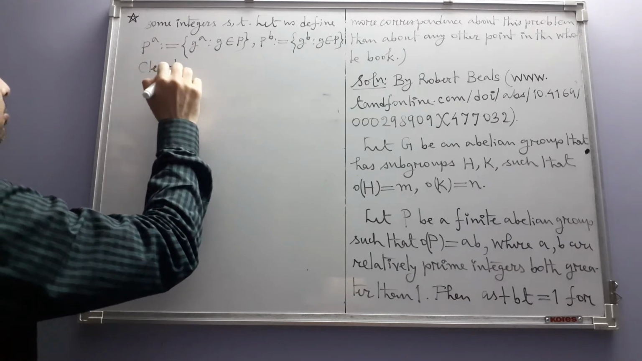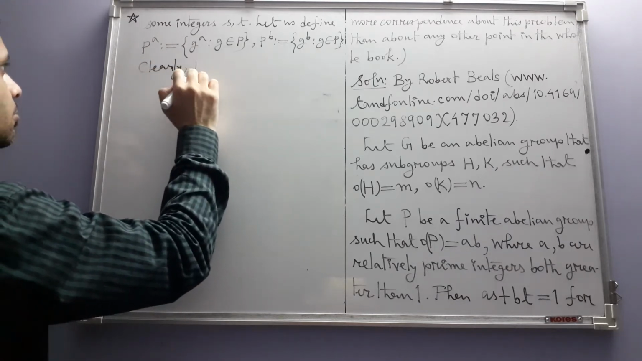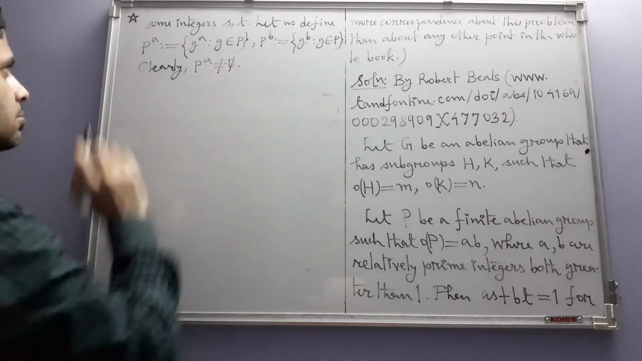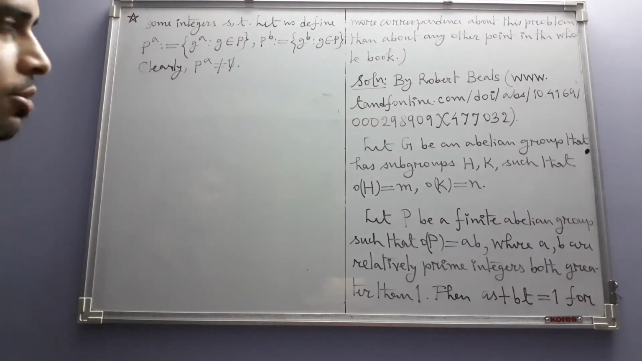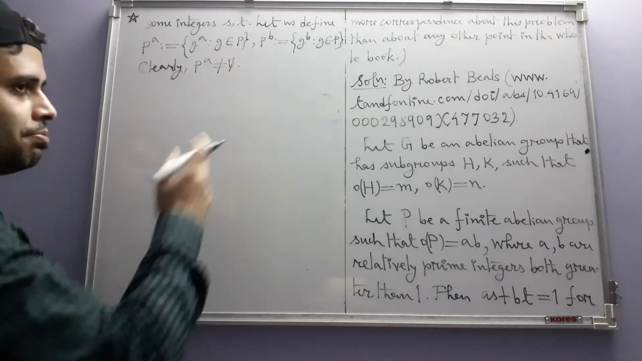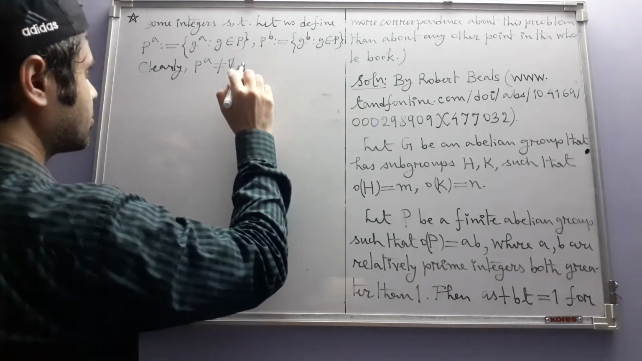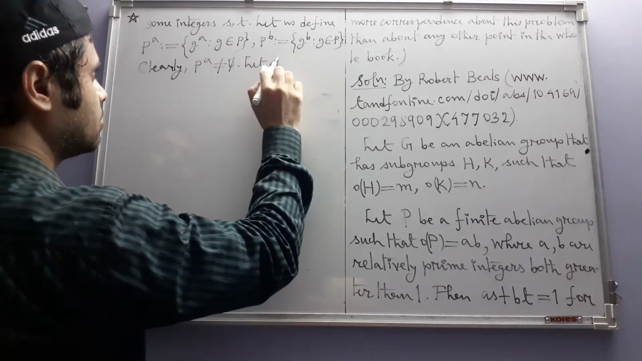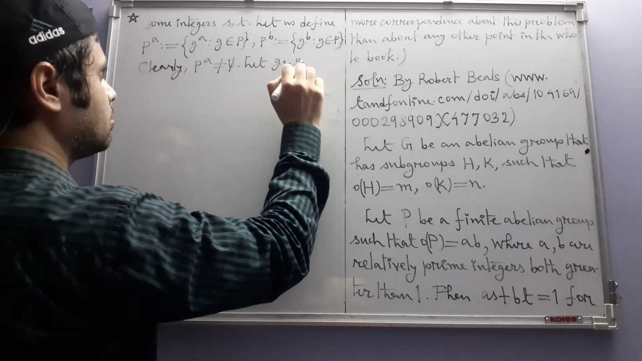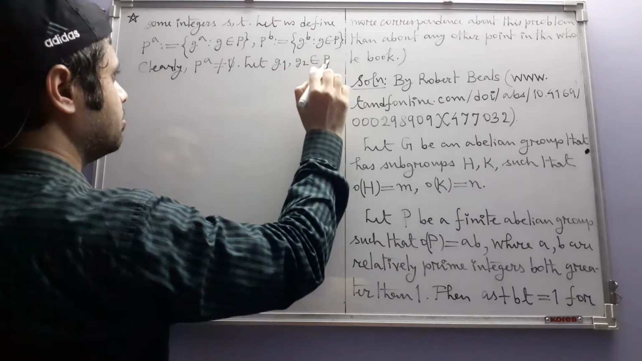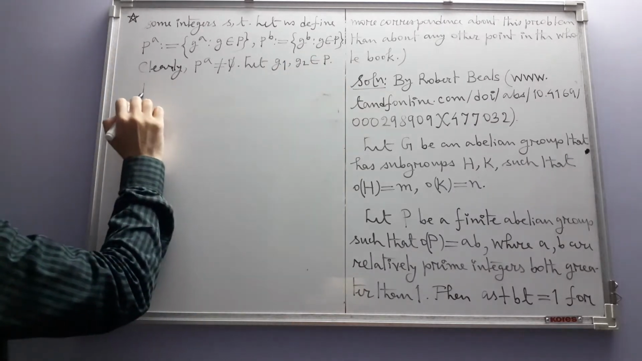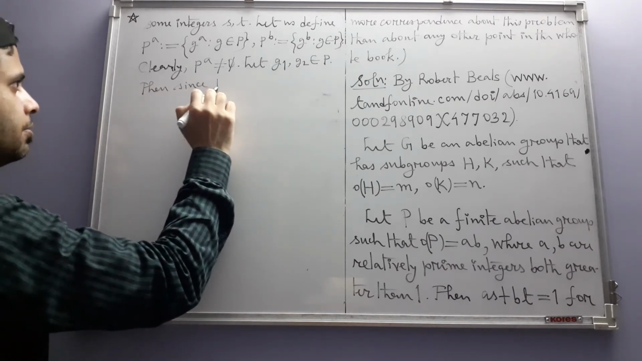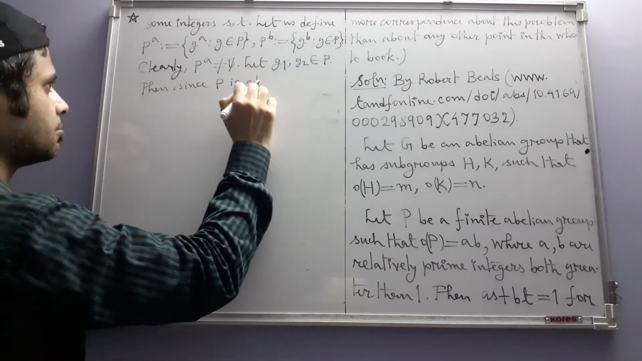Clearly, PA is non-empty. There is no doubt about that, because P is non-empty, so PA is non-empty. Let G1 and G2 be two elements in P. Then, since P is abelian,